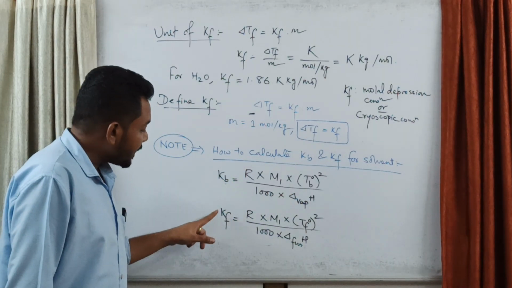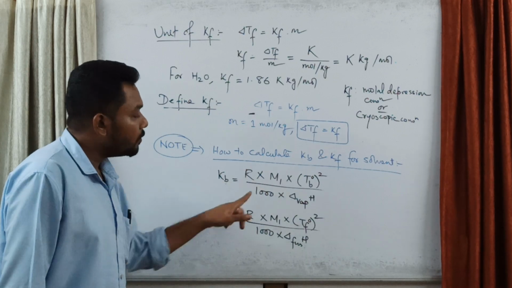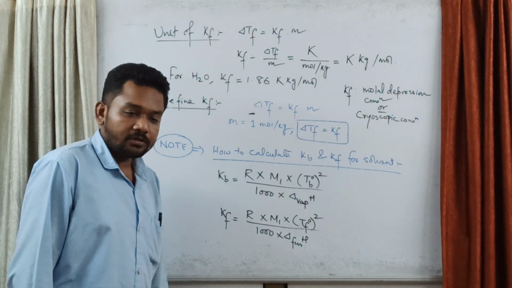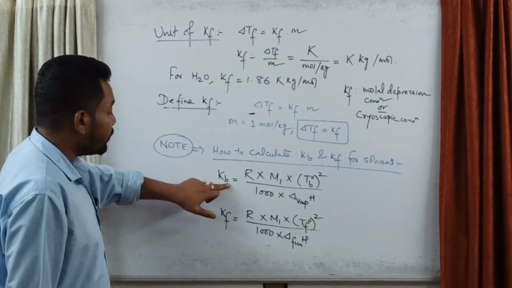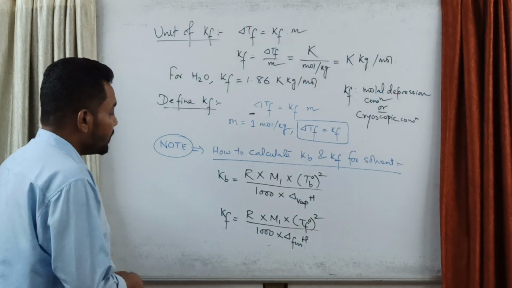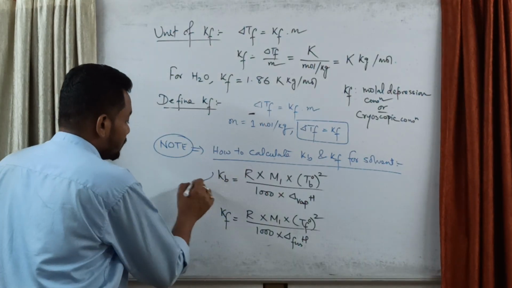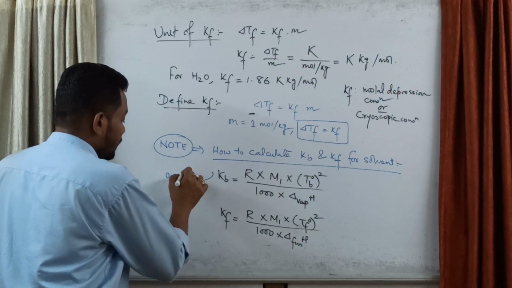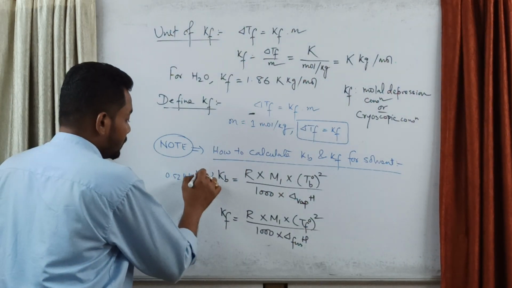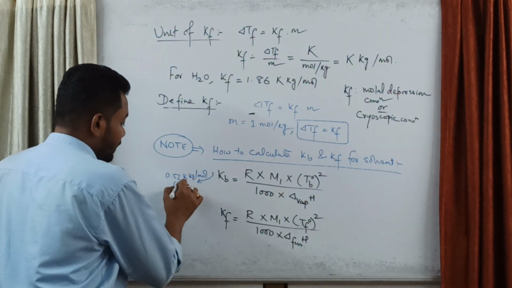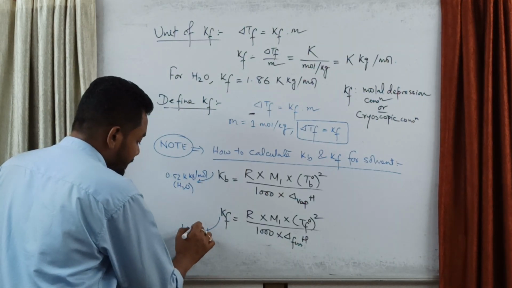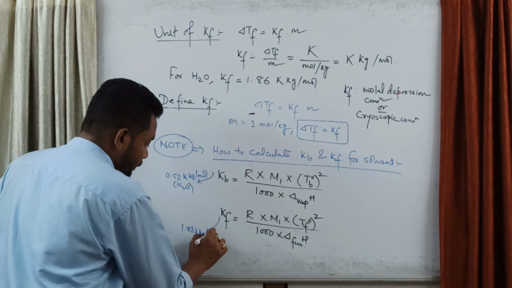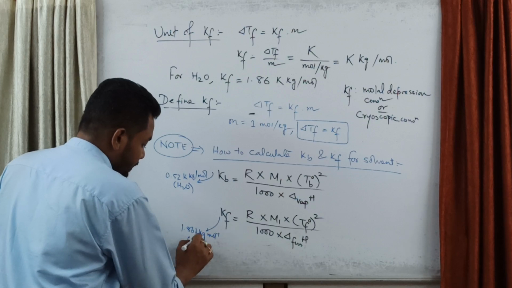তো তোমাকে KB আর KF টা ক্যালকুলেট করতে হবে, তোমাকে এই ভ্যালুগুলো বলে দেওয়া থাকবে, তার উপর বেস করে বোঝা গেল জিনিসটা। এই KB আর KF টা কিন্তু ক্যালকুলেশন আসবে। এই ভ্যালুর উপর বেস করেই তুমি পেয়েছিলে KB এর ভ্যালুটা ফর ওয়াটার 0.52 কেলভিন কেজি পার মোল। এই ভ্যালুটার উপর বেস করে KF পেয়েছিল 1.86 কেলভিন কেজি পার মোল, যেটাও ওয়াটারের জন্য পেয়েছে।